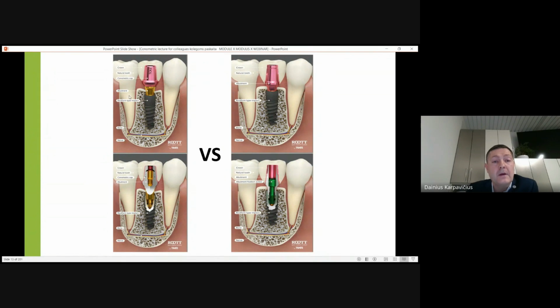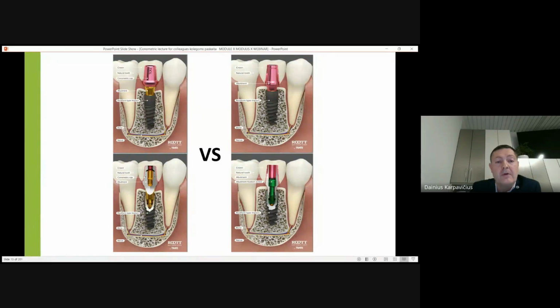Meanwhile, for conometric, we have the implant, the abutment, and then the conometric crown that is necessary for fixation of the prosthetics on top of it. The dental crown is cemented to the conometric crown, and then the conometric crown, without any cement, goes on top of the primary abutment. And then this is a construction that lifts us